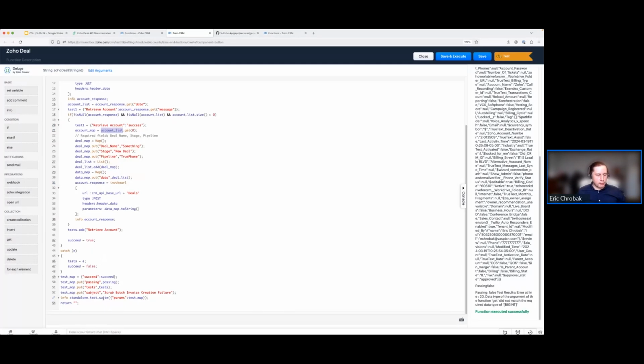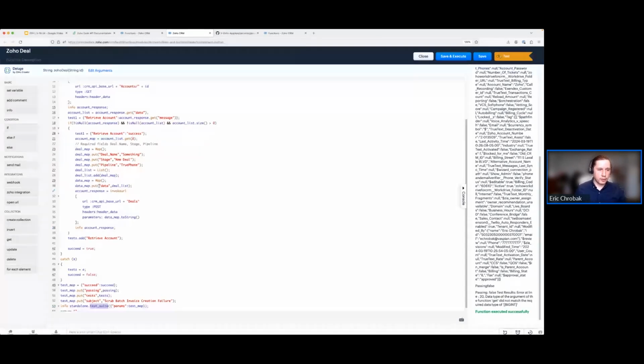One of the things I wanted to point out at the bottom here was another great feature with interacting with Zoho's APIs, and that's this concept of standalone functions. So you see down here, I'm doing standalone.test suite. On a previous developers hangout, I had gone through some different ways that you can do exception handling and testing in the CRM. And so I actually created a function that'll receive some different data from a function, and then it'll see if everything's working, and then it'll email me a notification, tell me what may have gone wrong, which can be really helpful because